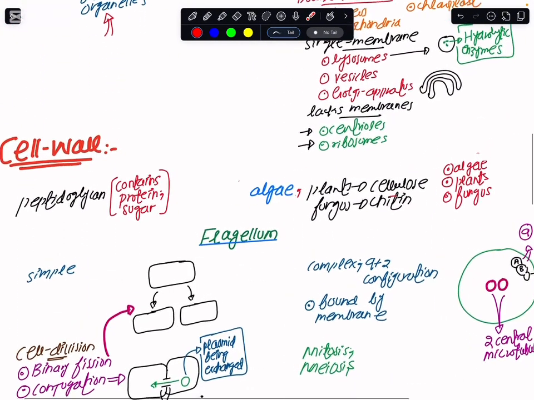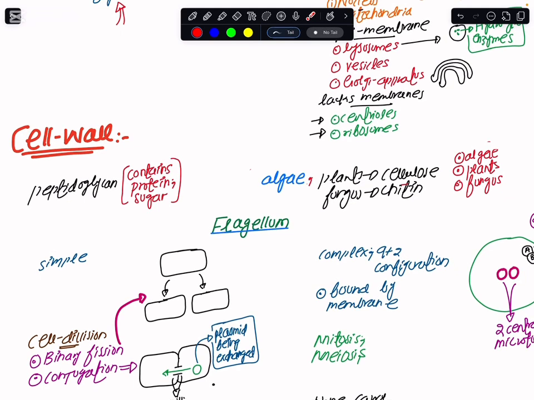And if we look at the differences between eukaryotes and prokaryotes on the basis of the cell wall, the bacterial cell wall is made up of peptidoglycan. The word peptido means that the cell wall has a protein part, and glycan means that it also has a sugar part. Not all eukaryotes have cell walls. The algae, the plants, and the fungi have a cell wall. The cell wall of the algae and the plants is made up of cellulose. When we talk about the fungi, their cell wall is made up not of cellulose but of another material, and this is chitin.